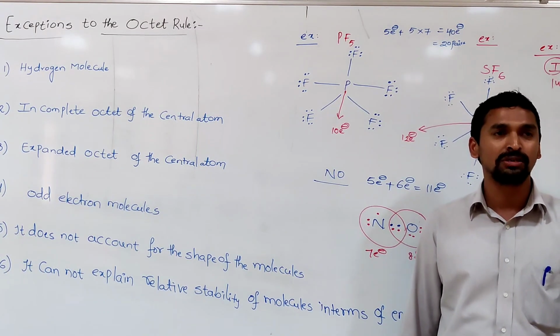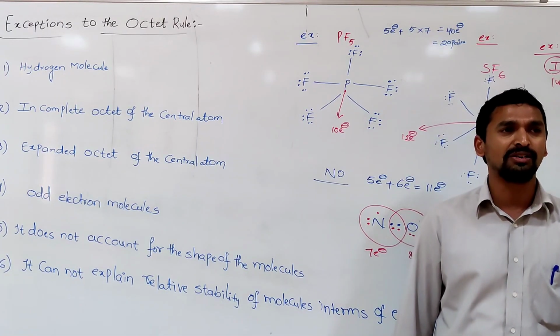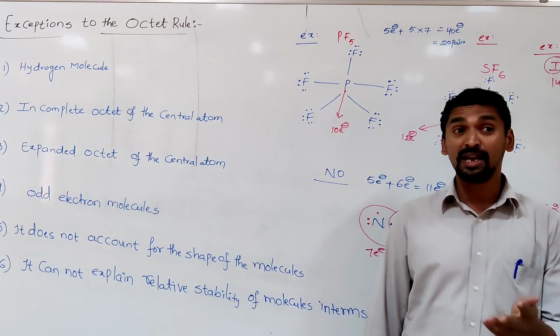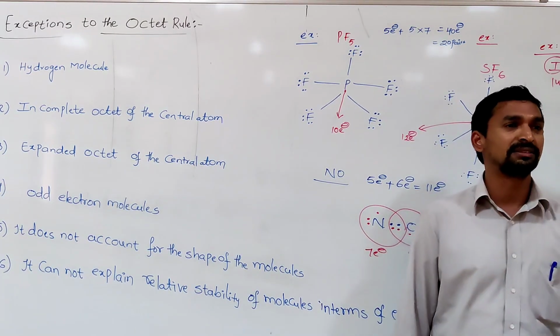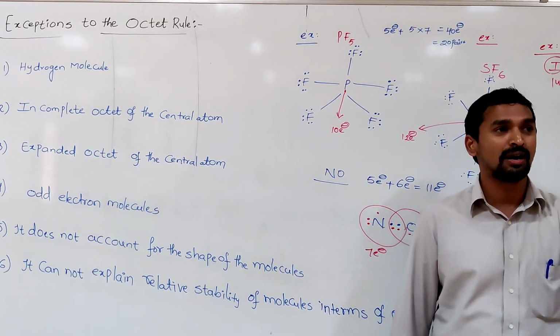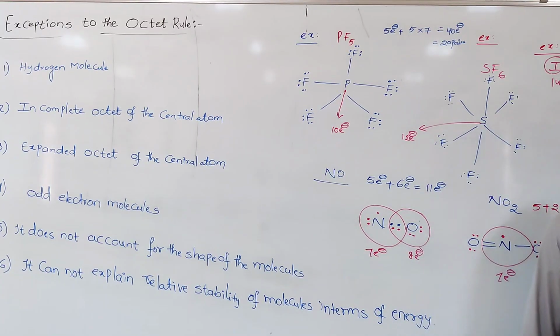That's why almost all the noble gases have little or zero tendency to combine with other atoms. But in other elements, the 8 electrons are not present in their valency shell. That's why the other elements always try to combine with other atoms to achieve the stable noble gas configuration, or 8 electrons in their valency shell.